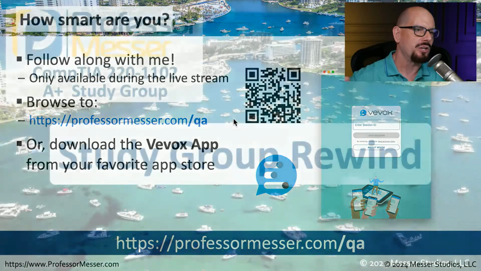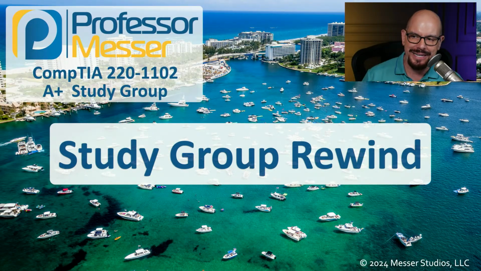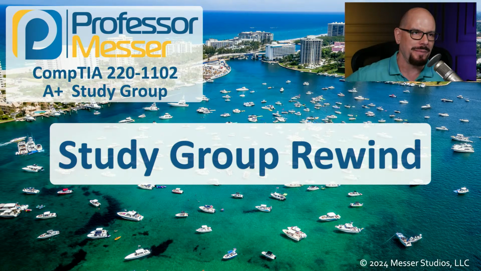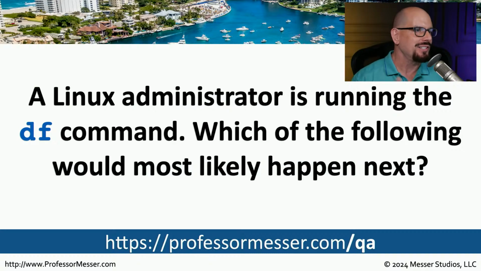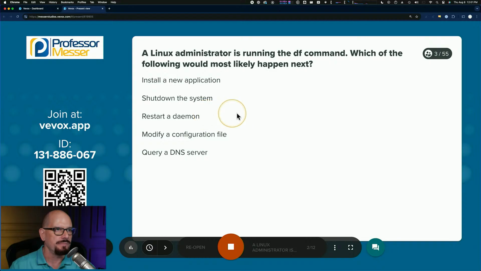In fact, I have a question here from last month's study group just to see how well you remember this information. This question we call our rewind question, and it asks, a Linux administrator is running the df command. Which of the following would most likely happen next? The possible answers are install a new application, shut down the system, restart a daemon, modify a configuration file, or